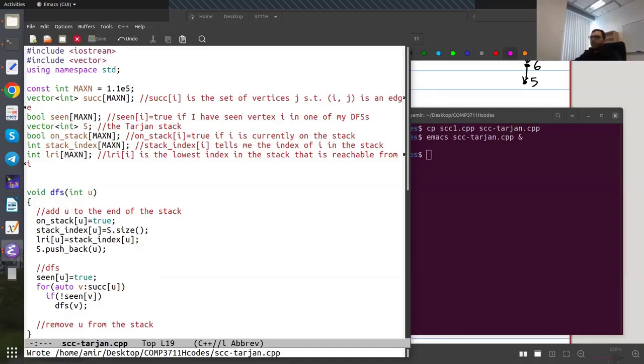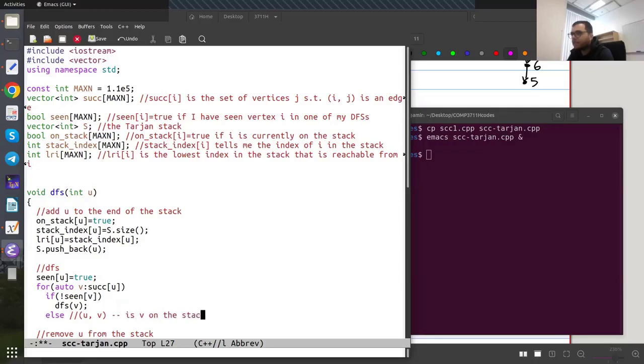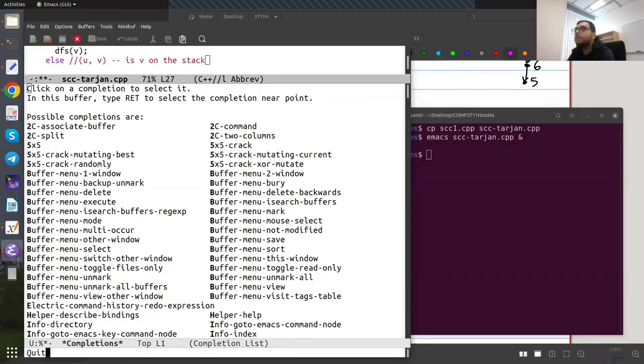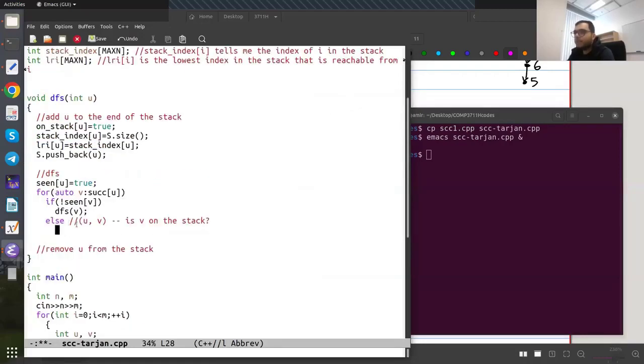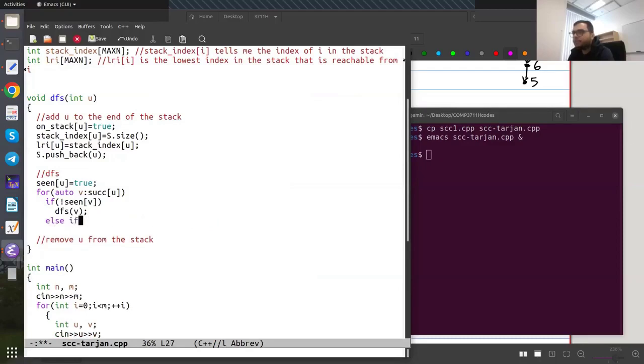Okay, great. Now, when I'm doing this DFS, if I have not seen a vertex V before, then of course I know that V has never been added to the stack. So I'm just doing the DFS on V and adding it to the stack. But otherwise, I have this edge from U to V. And the question is V already on the stack? Is V on the stack? Okay, so here I'm going to say that if V is already on the stack, if on stack of V,